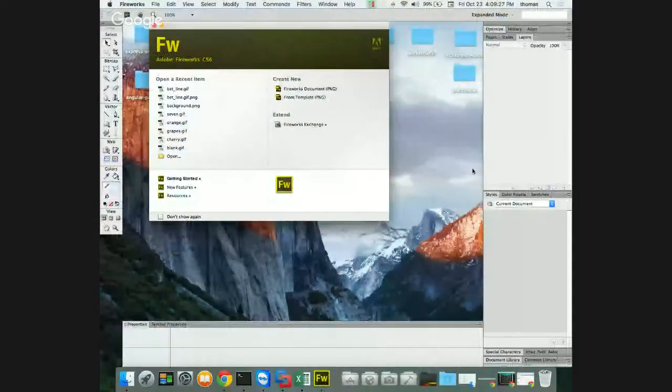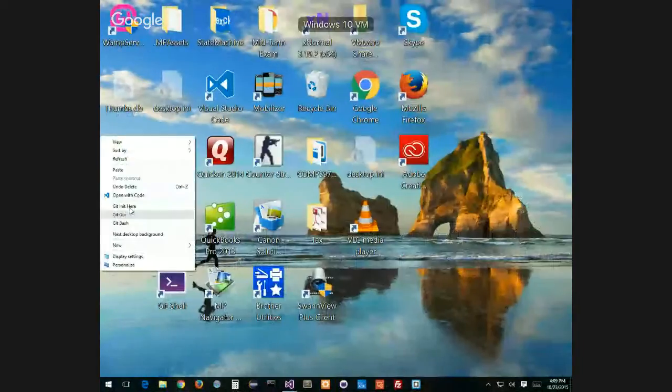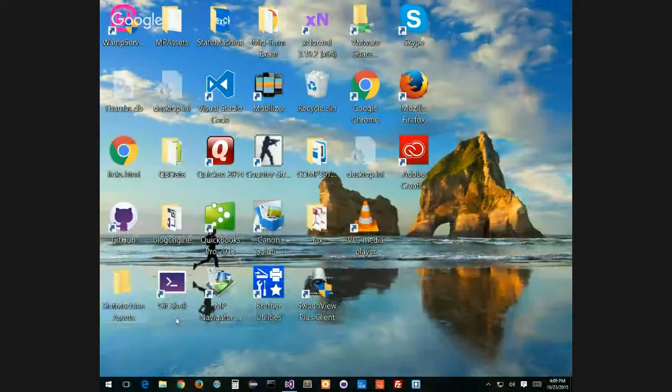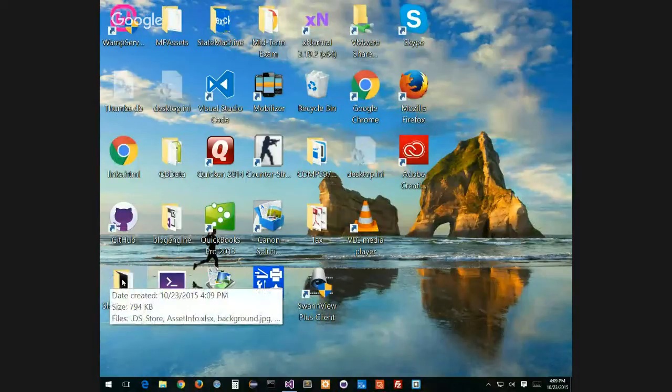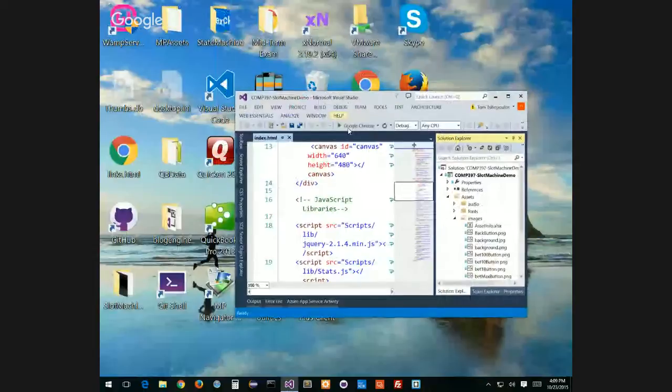Okay, let's go to here, and I want to grab this one. I want to copy it. I want to move back here, and I want to paste it. And when I do that, I have them back, but these are the new ones. And what I want to do is go into Visual Studio here, and I got to make sure I'm not debugging. And when I go back into my images,